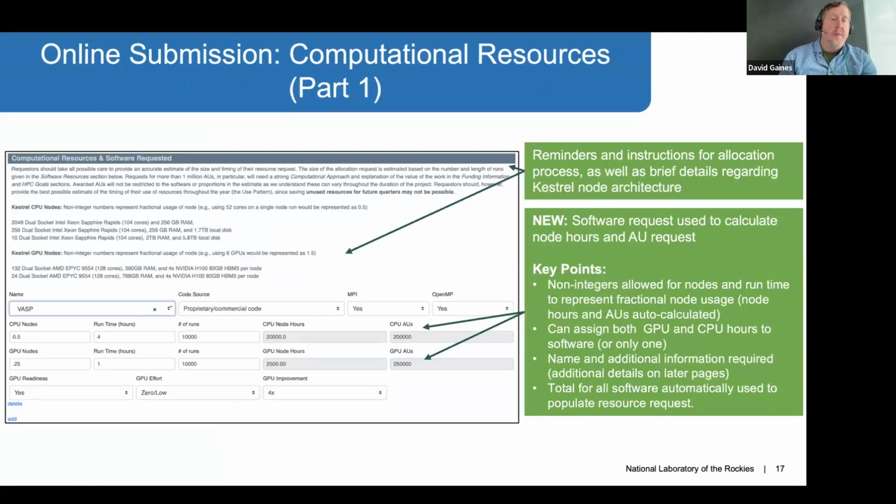So this is the computational resources and software requested calculator. The top part of it is a high-level description of the Kestrel node architecture for both the CPU side and GPU side. And then the top also has some reminders and instructions for how to